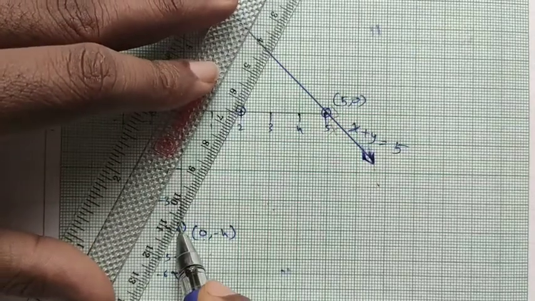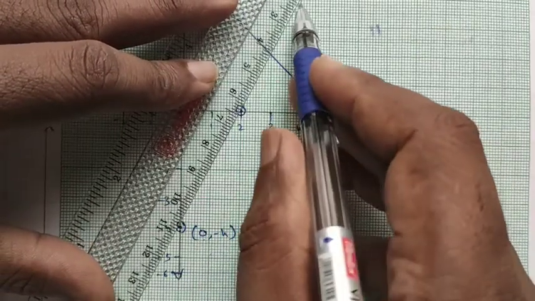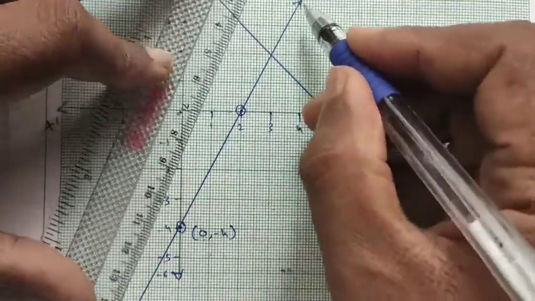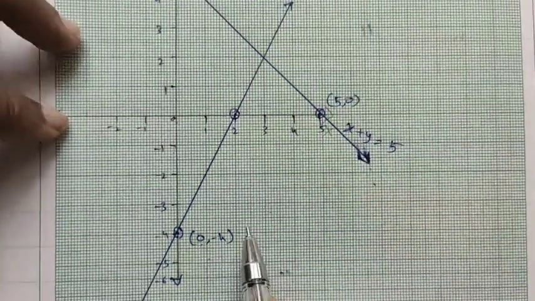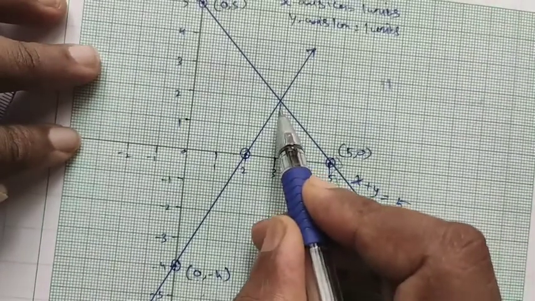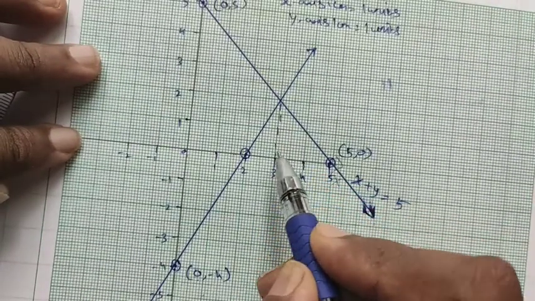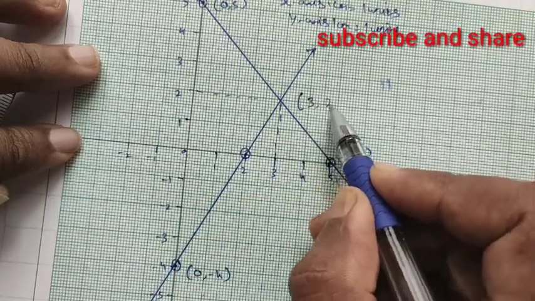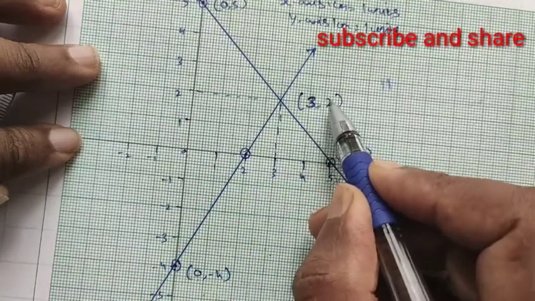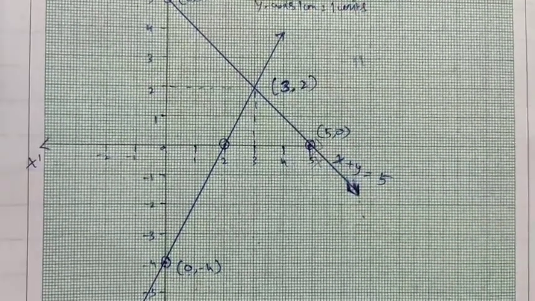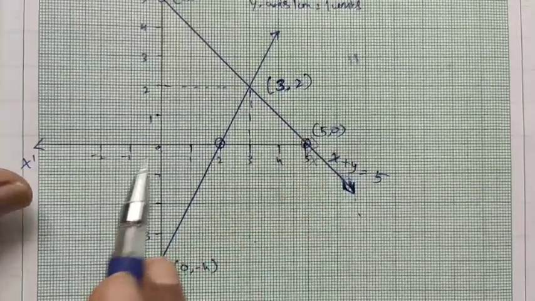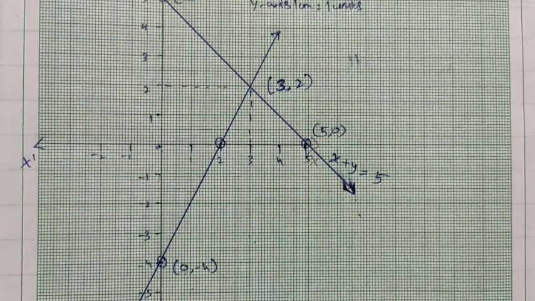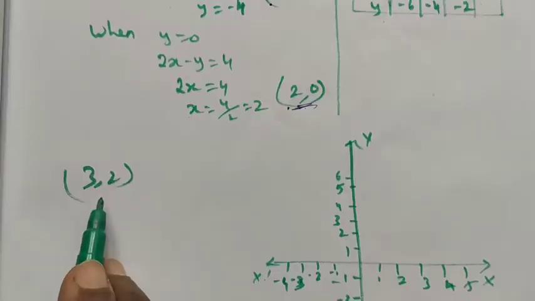Now we draw the line. It should be extended, I already told you. So it is an easy way to find that. See here the line intersects at this position, 3, 2. So this is the single ordered pair that should solve both equations. For example, now we have found that 3, 2 is the single ordered pair. Right? See, 3, 2 is the single ordered pair.